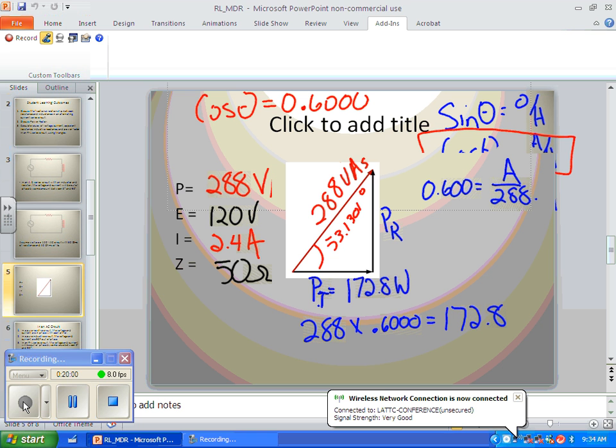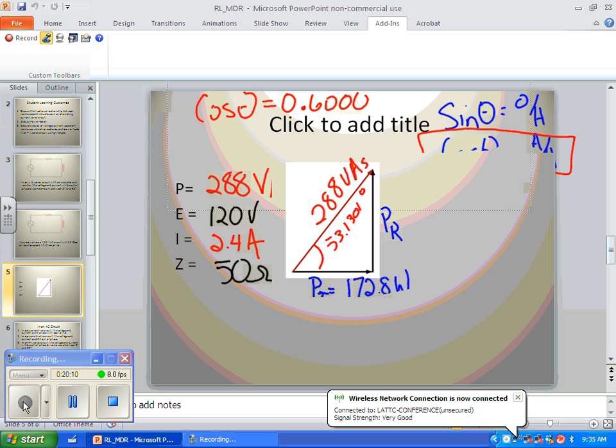Now, let's find, how do you think we could find our total reactive power? We might need to use our sine, right? Let's look at the sine of theta, and that's equal to O over H, right? Okay, let's plug some numbers into this. We know that our angle is